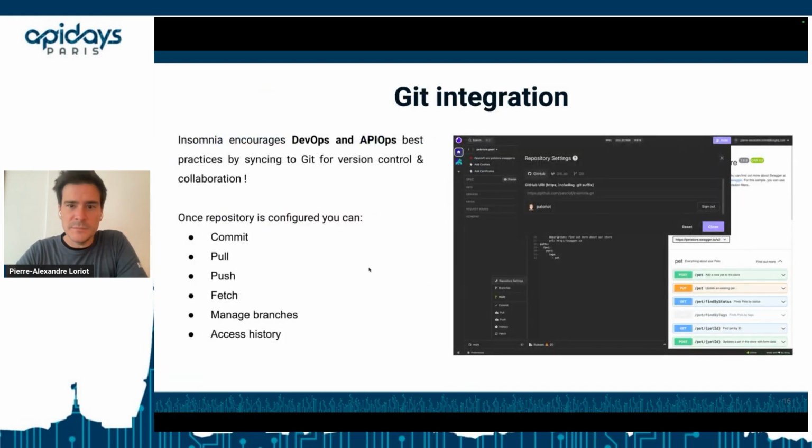And on top of that, you can enable Git synchronization with an enterprise subscription. Here on the screenshot, as you can see, I've defined in a pop-up box my Git user and the Git path to synchronize my work on a Git repo. This Git repo can be SaaS or local. And once these repo settings are set up, you can access all the collaborative capabilities of Git. I can branch, commit, pull, push, access history, and so on,